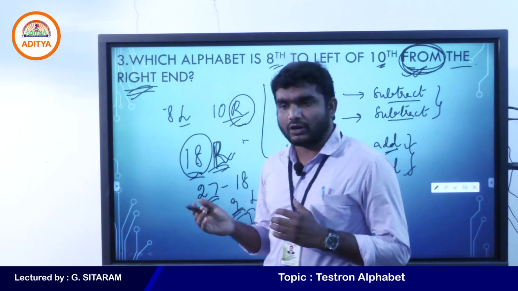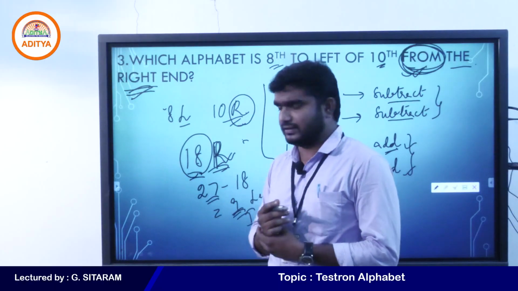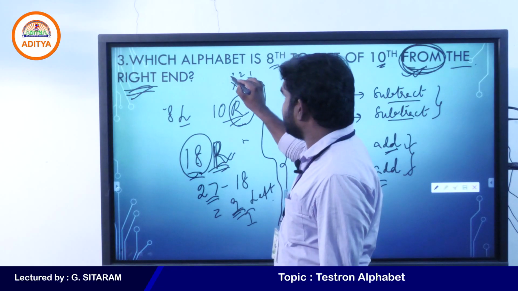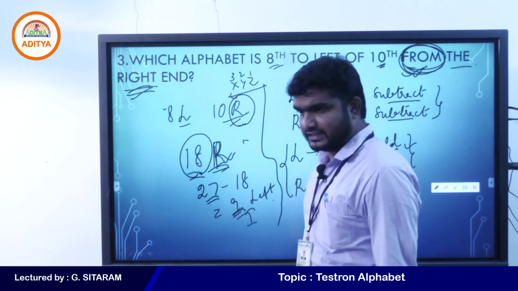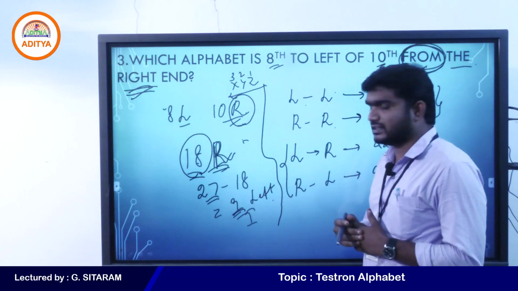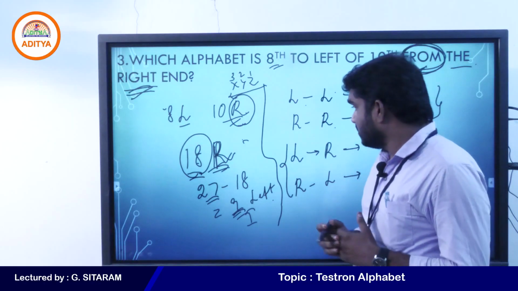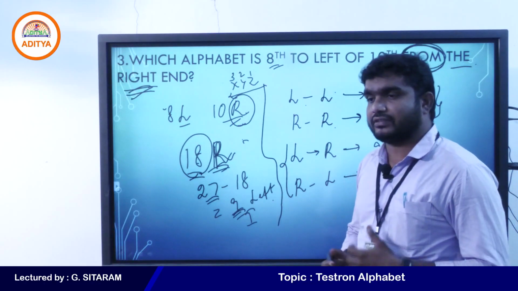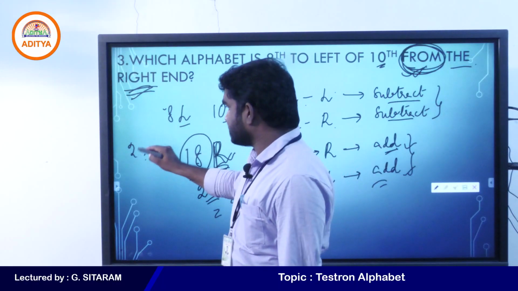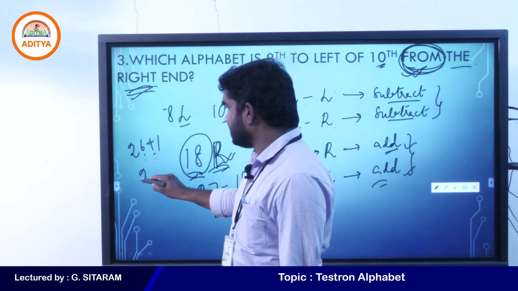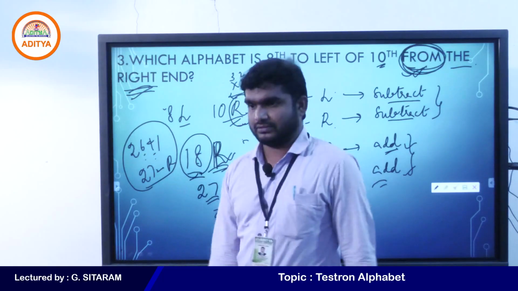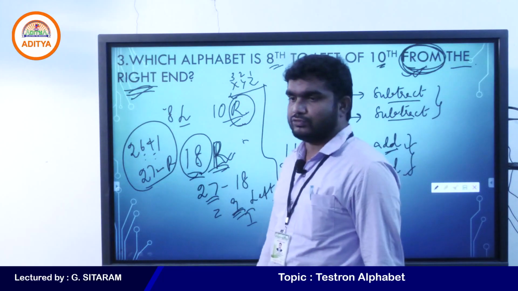It is difficult to count from the right side to the 18th letter, starting from Z as 1, Y as 2, X as 3, and counting like this. But instead of counting like this, you just subtract from the number 27. Why is it 27? You have 26 alphabets, and you add one more, so 27. You subtract from the required number, so you get the left side direction. Then it's okay. Then move on to the next question.